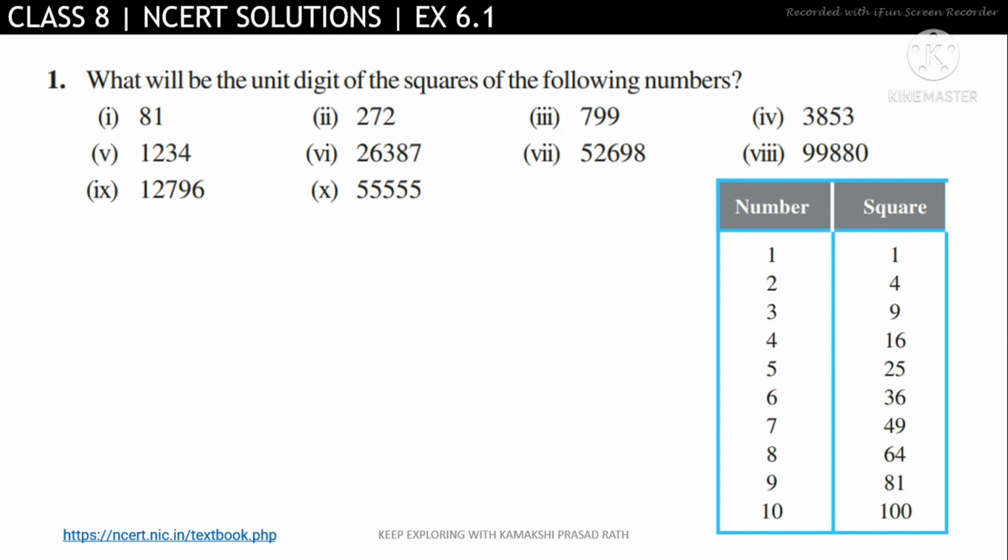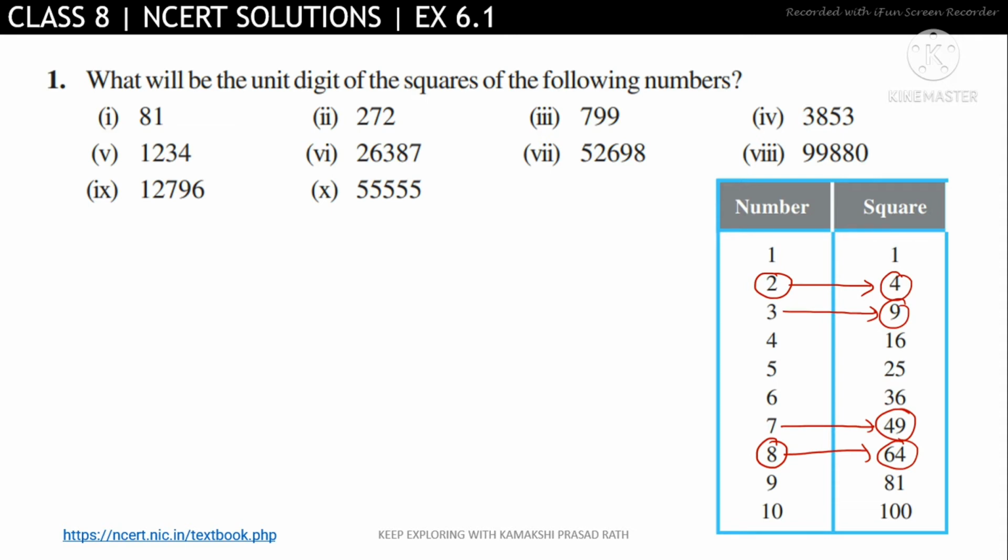Like as you can see here, the number 2, the square of 2 is 4, and the number 8, the square of 8 is 64. So if the number is 2 or 8, the squared numbers are ending with 4. Similarly, when the number is 3, the square of 3 gets 9, and when it is 7 also, it gets 49. So see the units place, we are getting 9 in this case.